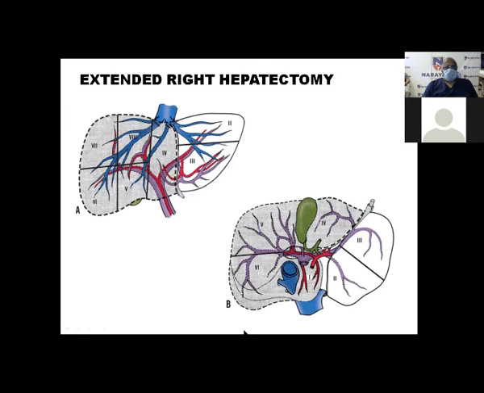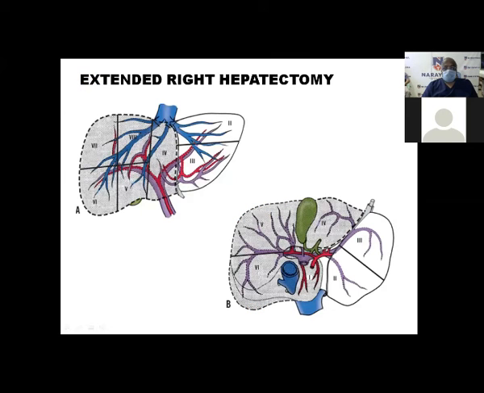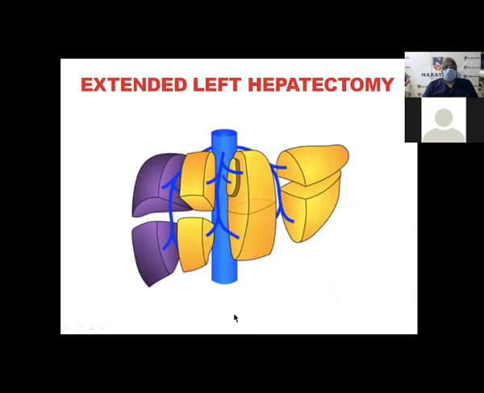Extended right hepatectomy, where segment 4 is also added. These are the portions of the liver that you remove. This is extended left. See, I told you, compared to this there is a very small amount of tissue you'll have to cut through. Whereas here, if you see, you've got a thick tissue to cut, and you're likely to injure the right hepatic vein, which is dangerous to segments 6 and 7. So this is one of the major procedures. You should be very careful.